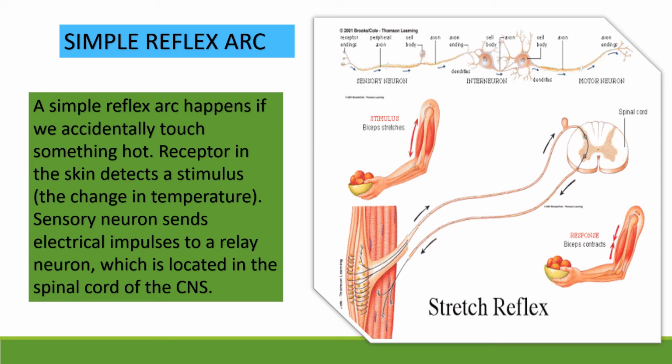Simple reflex arcs are examples from our everyday life. Just now we said that a knee jerk is a simple reflex arc. Touching a hot object is also one. I have given one more example of a simple reflex arc, that is stretching of muscle. You see here the same thing is happening. This is the sensory neuron, this is the motor neuron, this is the spinal cord. So this excitement is converting into a response and it's coming back. So this is another example of a simple reflex arc.